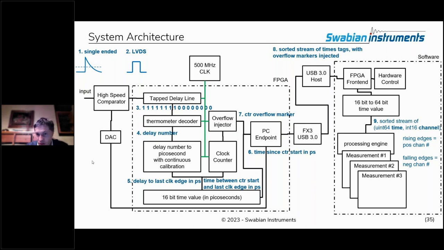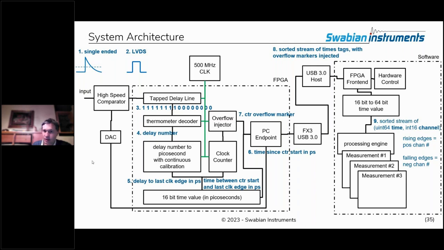And this goes into an endpoint inside the FPGA, which then makes sure that all these time events are streamed in a stream fashion to the PC. And also into this data stream, we inject an overflow marker every time this clock counter rolls over. So this is really a rollover marker. Okay, then the FPGA is connected to an FX3 USB chip, and that goes to the computer,